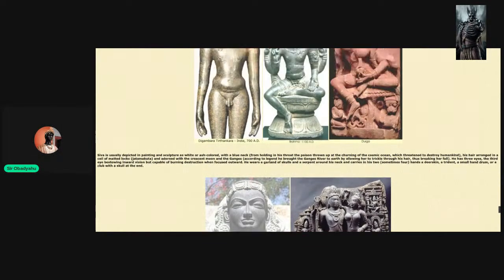Shiva is usually depicted in painting and sculpture as white or ash colored with a blue neck, from holding in his throat the poison thrown up at the churning of the cosmic ocean, which threatened to destroy humankind. His hair is arranged in a coil of matted locks, the jatamukuta, and adorned with a crescent moon and the Ganges,